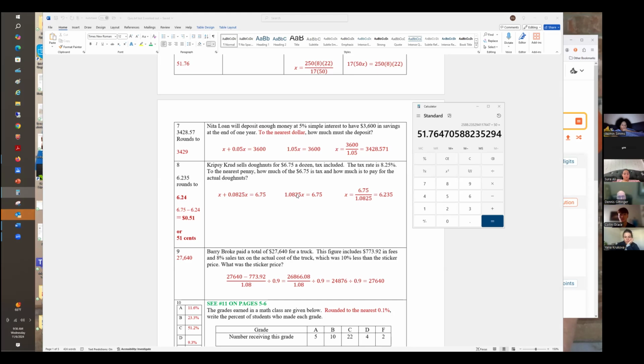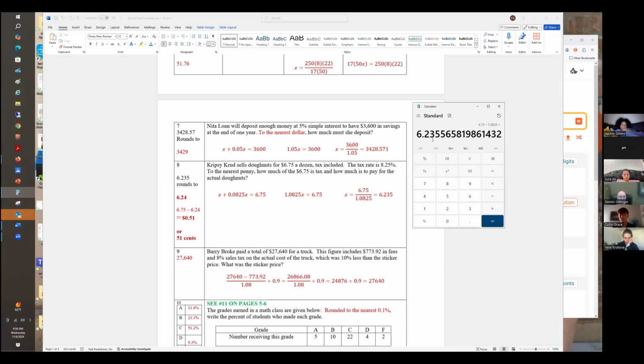When you increase a number by 8.25% of it, you wind up with 108.25% of it. As a decimal, it's 1.0825. So you divide that out, 6.75 divided by 1.0825 equals